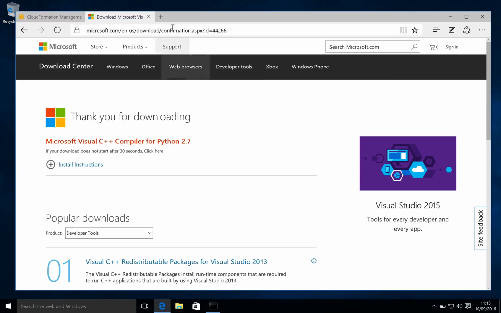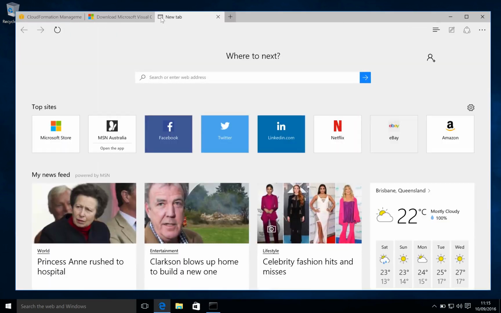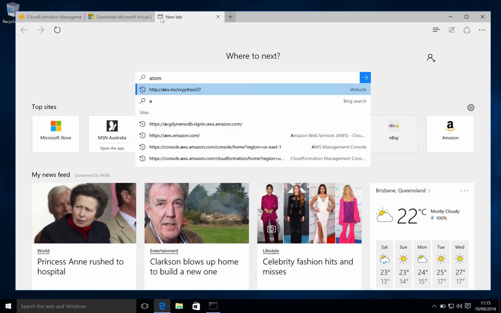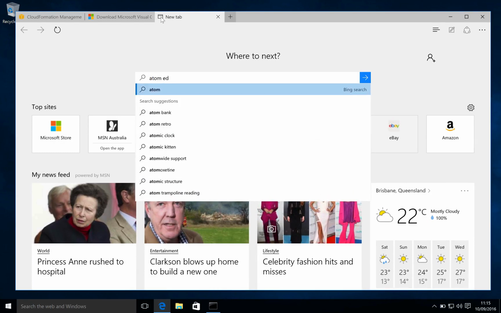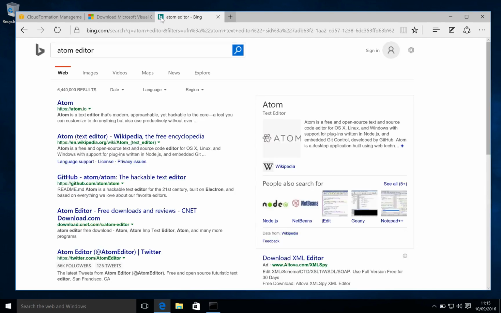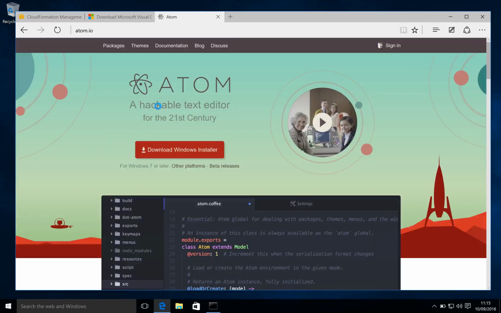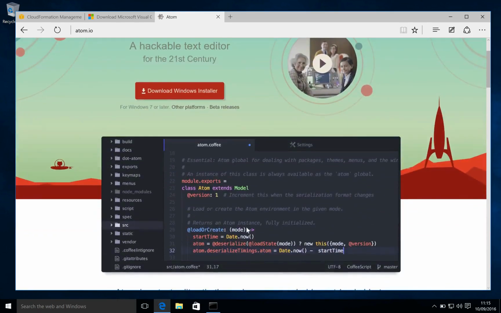So the last install we have to do is a text editor. And we're going to install the Atom text editor. So Google for Atom editor. And it's usually the first link, atom.io. So we click on there. And this text editor is just an editor which includes code-specific syntactical highlighting, as we can see on the screen there. So it just makes it easier to understand how code's structured and which bit does what, and it will help me take you through any of the code examples we use and just make them a little bit easier